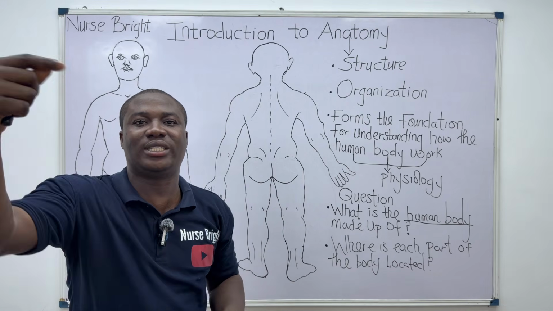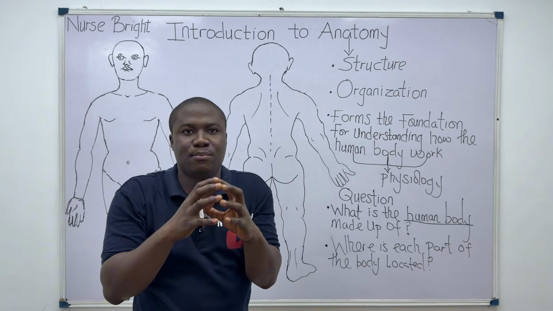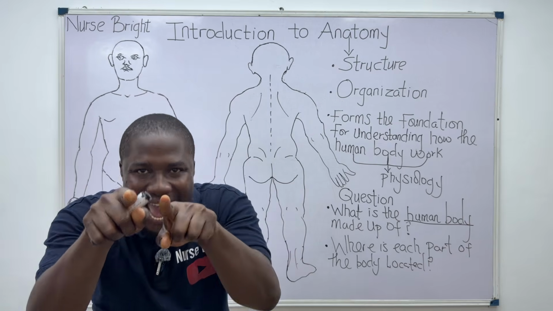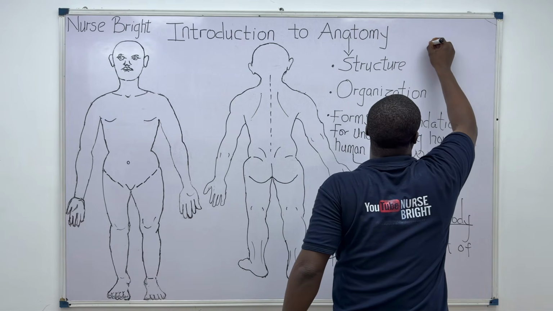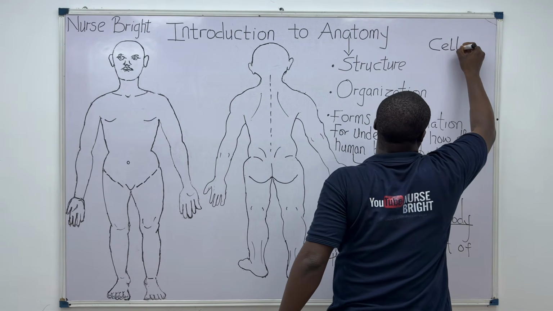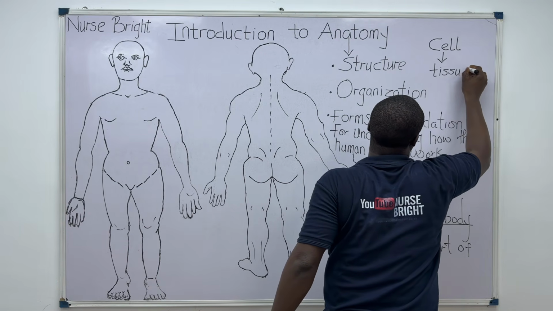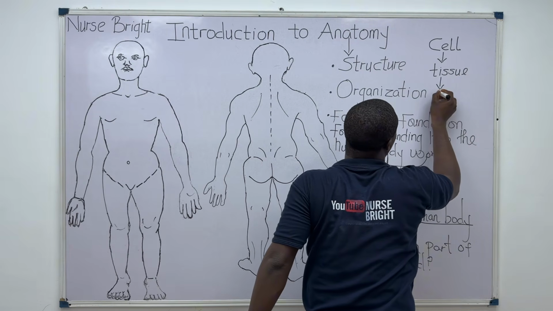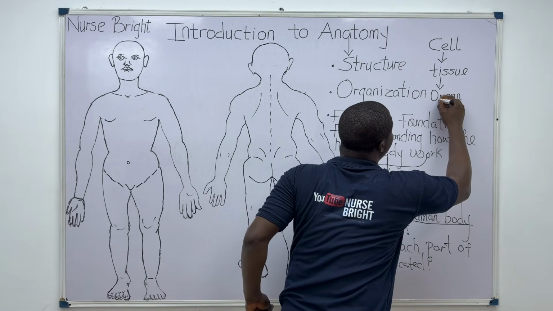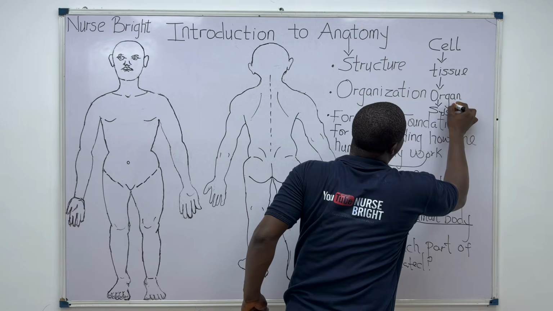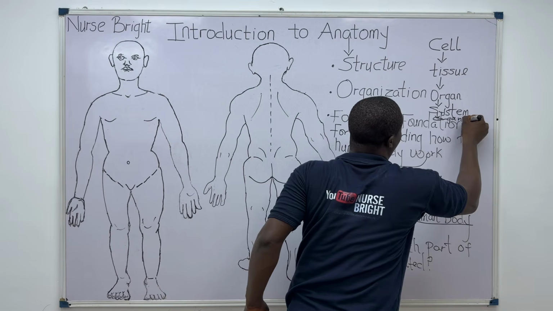This brings us to the level of organization of life. Some organisms or some life species exist as a cell. Hope you know what I'm talking about. This is the level of organization of life ranging from cells, and cells give rise to tissues, and tissues will now give rise to what? Organs. Are you there? Organs will now give rise to systems, and systems will give rise to what? The organism itself. All right.